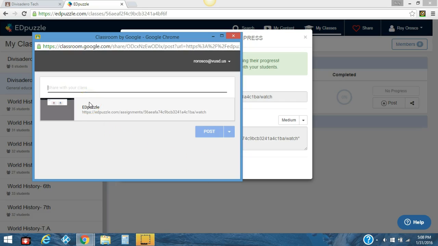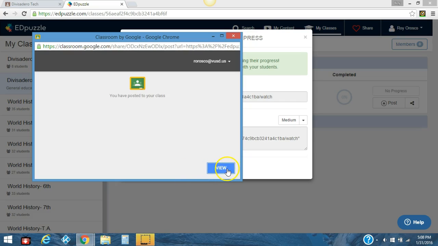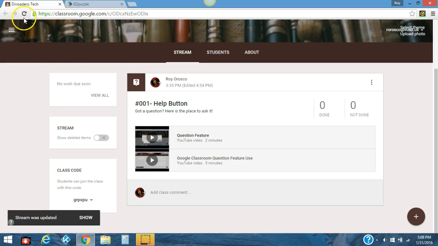And I'm going to enable this number 002 because that's where we are going to put this information, Edpuzzle, and I'm going to put how to in parentheses. And I want to go ahead and click on Post. View. It just asked me if I want to view this in my classroom. I can go back here or I can click View. It doesn't matter. I'm going to click out of it. When I go back and refresh,